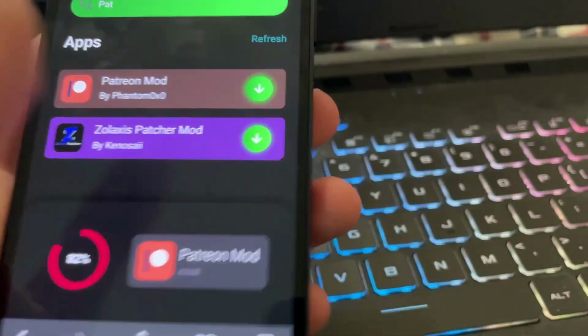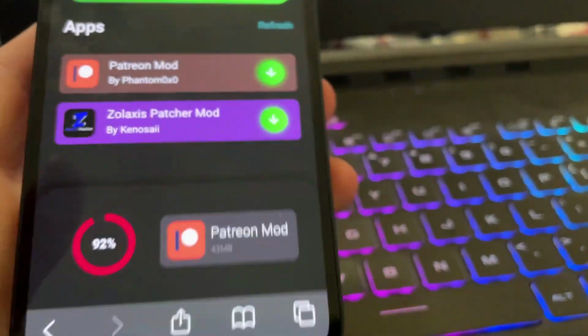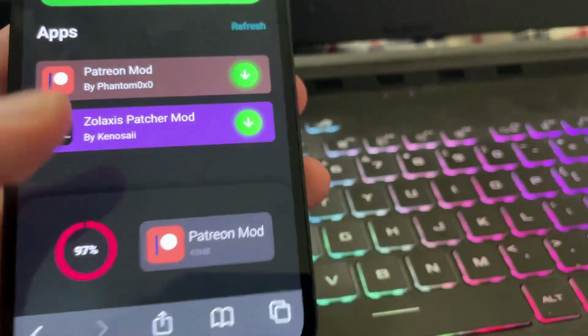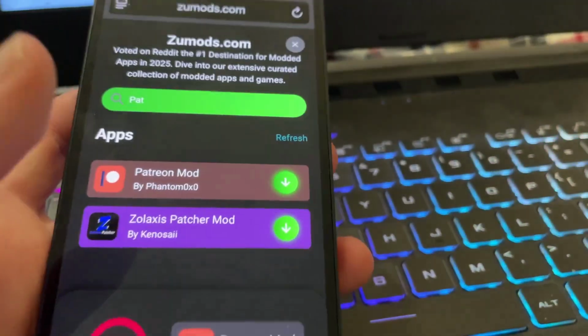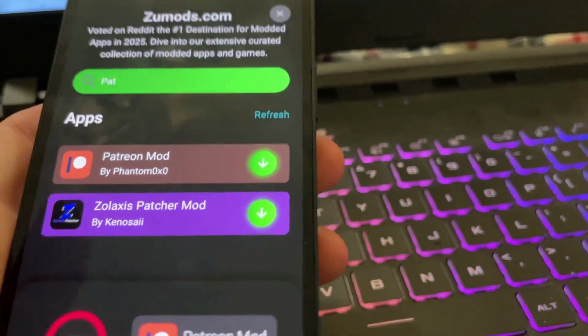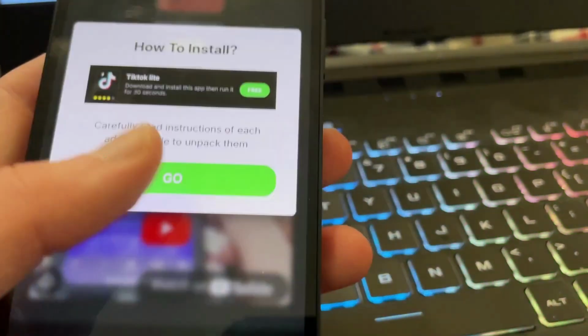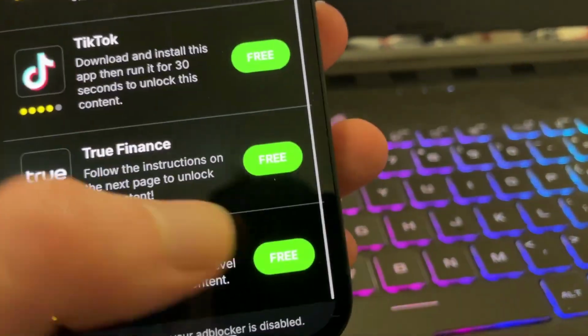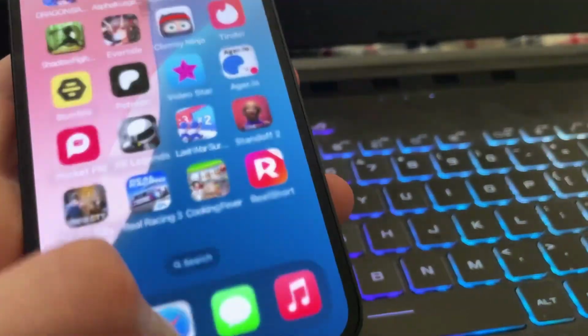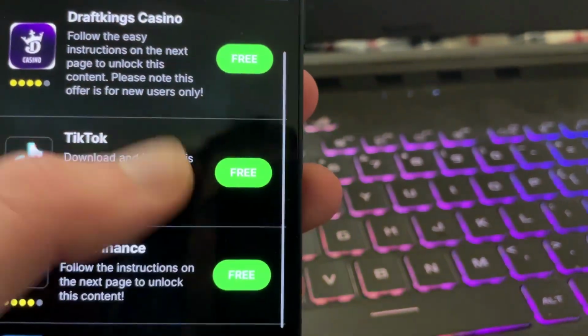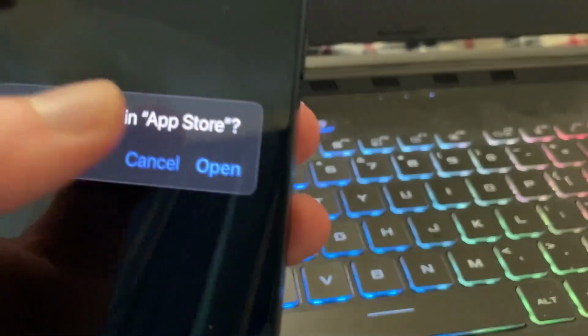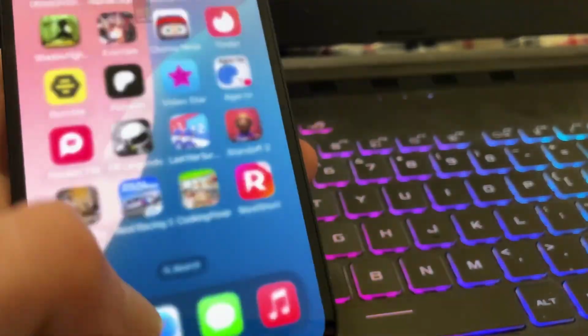So all we got to do is download like 2 of these apps and follow the instructions. It's 100% for free, guys, from the official app store. So I'm going to show you how to do it. As you can see, guys, it says missing files. So you just want to download 2 of these. Like Family Island says reach level 11. It's a game, so I could do that. TikTok says download and run for 30 seconds. Same with Underdog. So you just want to make sure you download 2 of the apps, and then you should